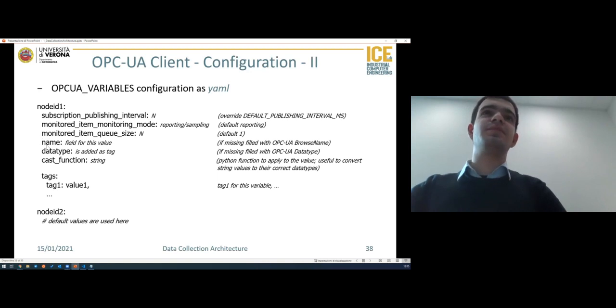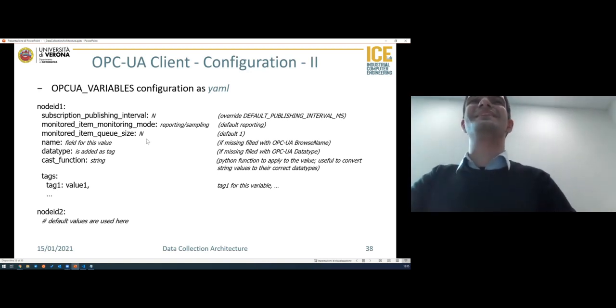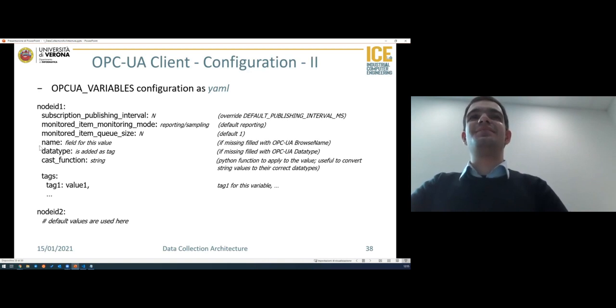There is also another variable that I have not written effectively, but it is the sampling time, which is obviously important. Then we can specify name, data type, which if missing are extracted from the OPC UA specification, and finally a cast